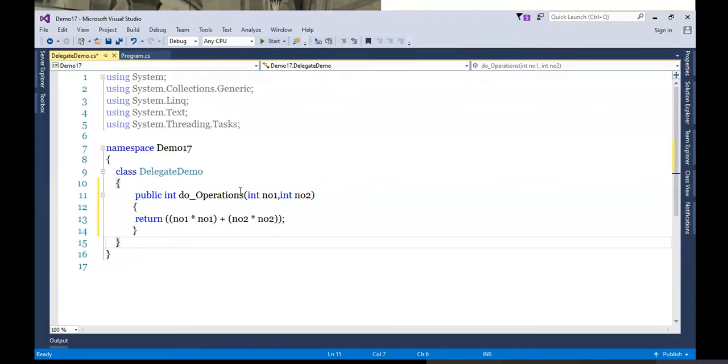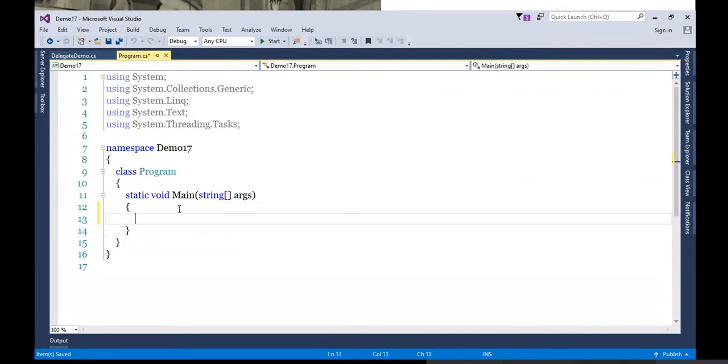Okay. And in the program class now, if I create the instance of this, like DelegateDemo reference equals new DelegateDemo, and now let's start calling it. Firstly, we'll test the method and then we'll go for delegate. So let's go ahead and test the method.